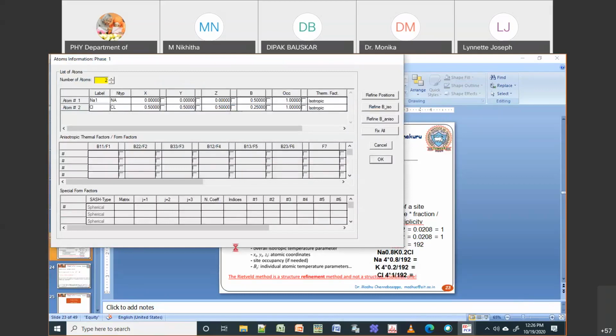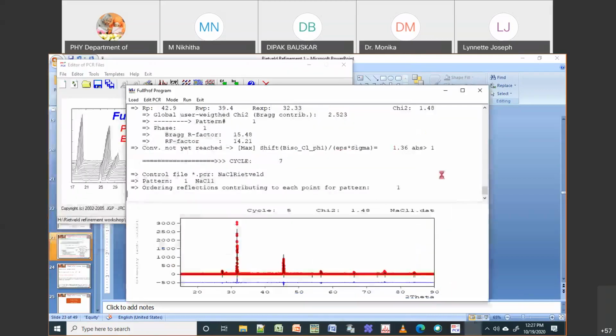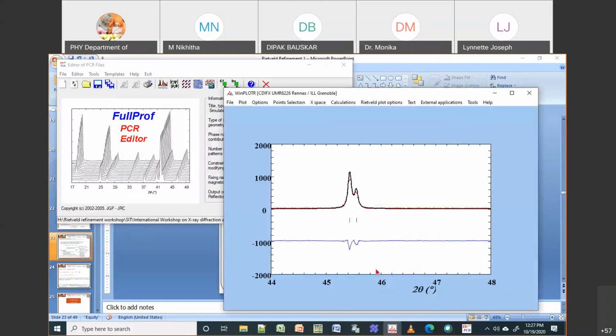So now if you go back, you can see it is giving a slightly better fit. So there is some amount of change, discrepancy. It's fine. If you want to further improve, then you can also do occupancy. You go to atoms, then you can do. But you can see here BISO has some very large values. This is not allowed. Normally it should be very small, between 1 and -1. So what I will do is I'll keep it as 1, 1. Something like that, and then I will try to do the occupancy. If you uncheck, that means this is going to be fixed during refinement.